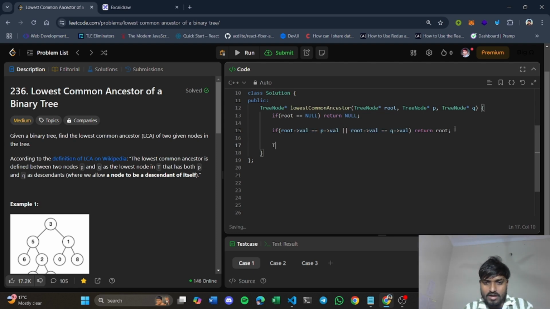Else what you will have to do, you will basically call your recursive call. So what does it mean?